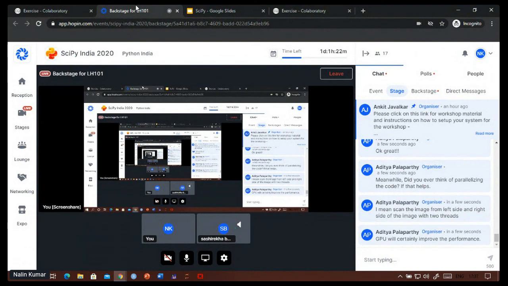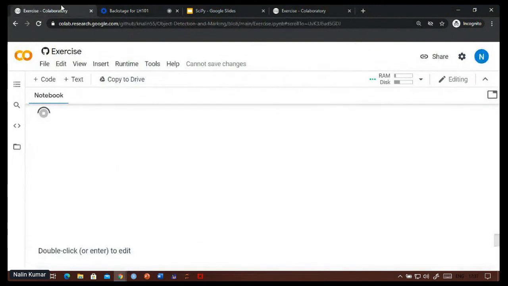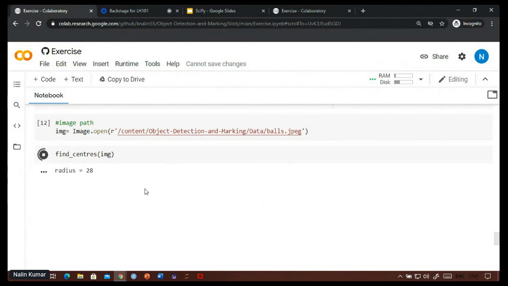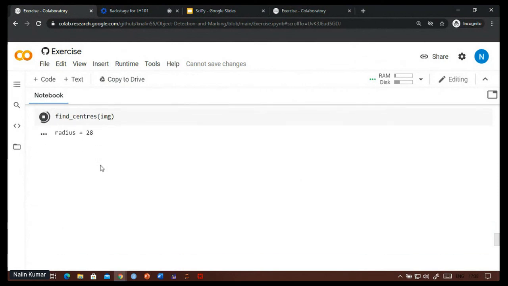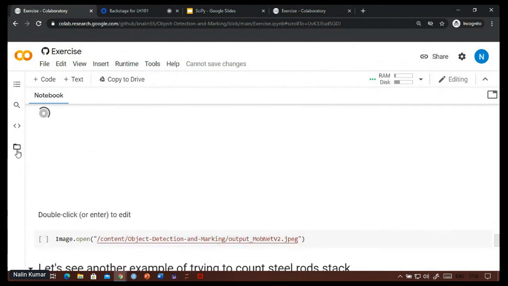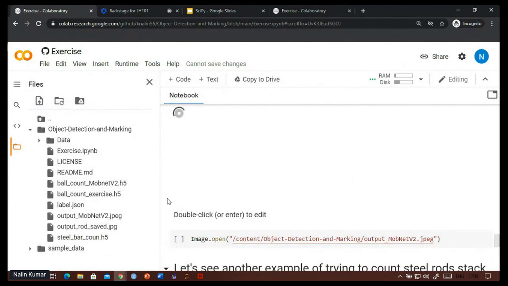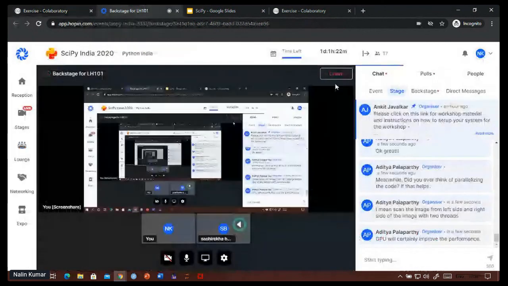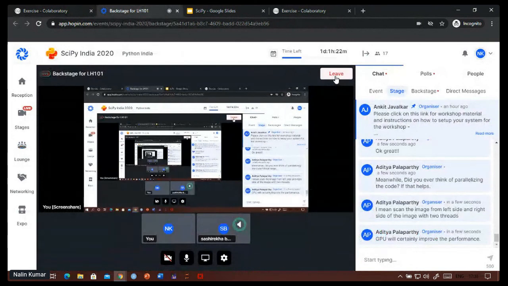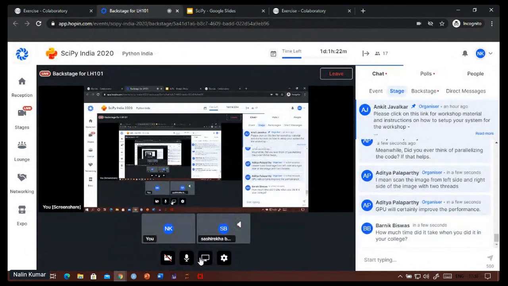So, Nalin, do you think we should wrap this session? This one is taking a lot of time, and we have seen the pre-saved output itself. So yes, I guess we can wrap up. Okay, thank you. Thanks for the session. We look forward to your participation in the upcoming SciPy conference also. Please keep proposing workshops and talks. It was nice to have you. Thank you.